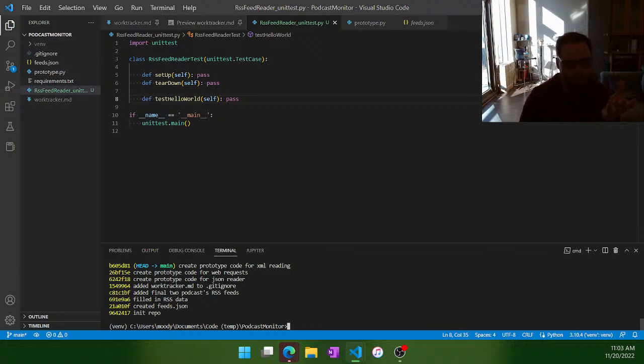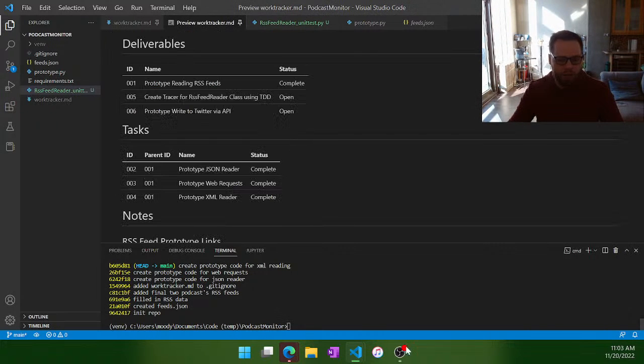But if I want to commit often, as I should, I'm going to end up with a ton of commits related to this. And I might not want that. I might want a simpler set of commits. I could manipulate it afterwards, but what I'm going to do is create a separate branch where I'm working on this code. So I'm going to do git checkout -b, which will create a new branch, and I'm going to call it